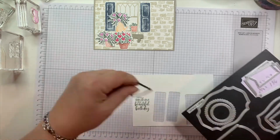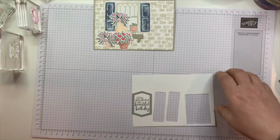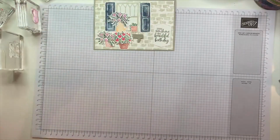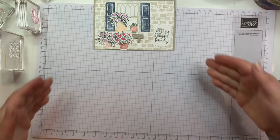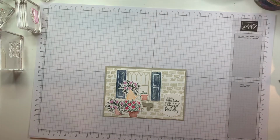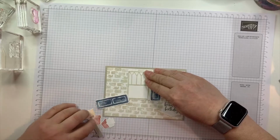Bring in, I think that will work perfectly. Yep. Just gonna do this off to the side here. There. What do you think? Time to get it all in place, huh? Okay. So